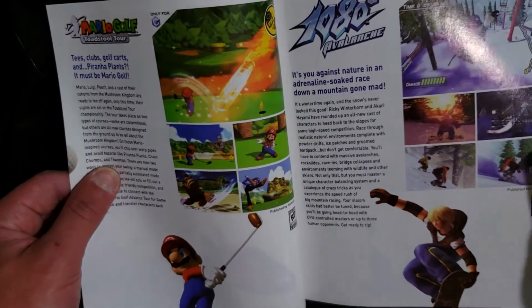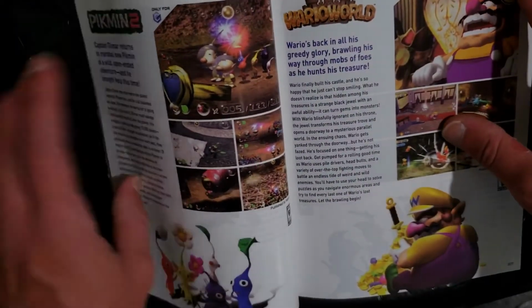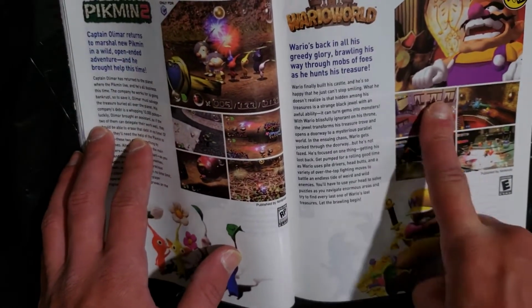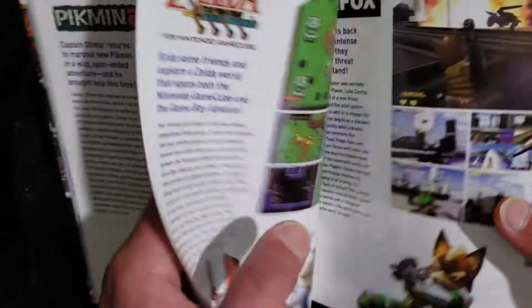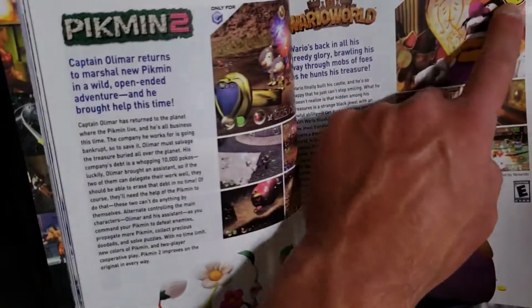And now they're just insane, because I guess people want to use the Game Boy Player and they want to have component out. Pikmin 2, Wario World. Treasure game here. Treasure game. It might be a little short, but it's a blast to play. This game, you gotta look for it. What is this? This game